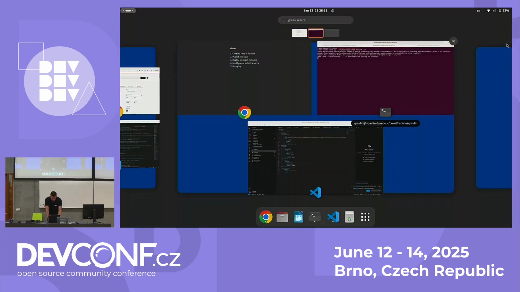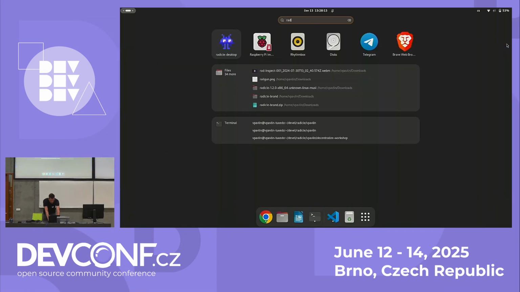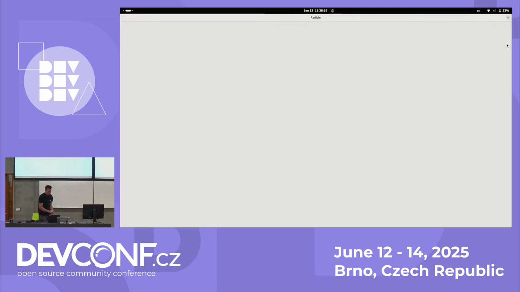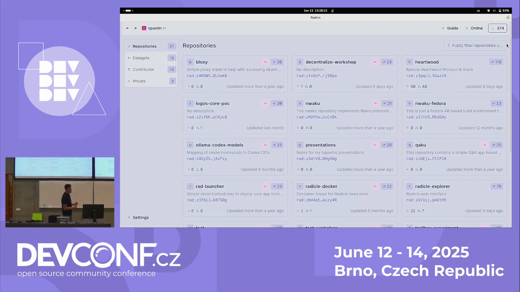So in the meantime, I can show you the Radicle desktop application, which is what we're going to try to make sure our code is visible in. So this is how it looks. This is just for visual representation of things. You can't do much here. But it's very new. They are at version 0.05 or something like that. So the desktop application is very new. There is a web UI that works better, and there is a very powerful CLI that you can use.